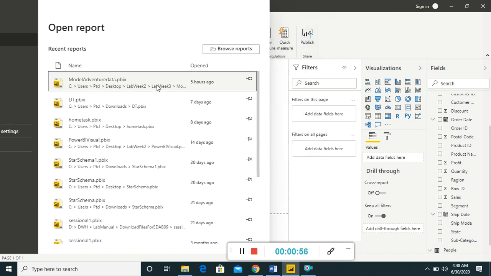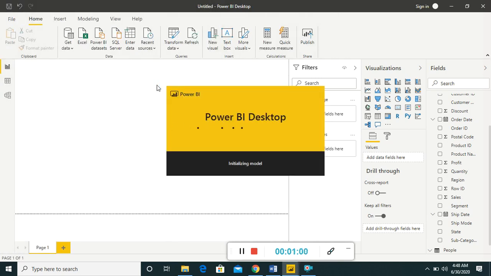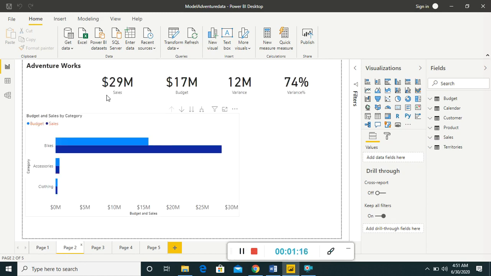Let's open it. So this is the task of our previous lab, and this report we have created.